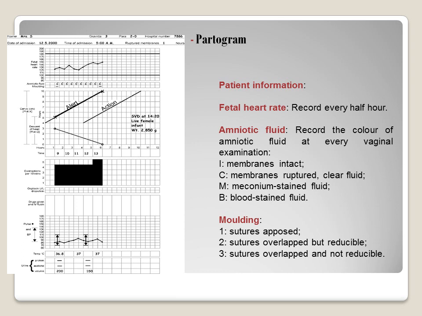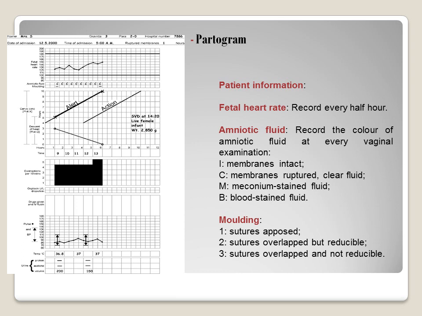information in the upper part من البارتوغراف هو ال patient information ال name, ال age, ال gravida, para and the date of admission, time of admission and the condition of the membrane. بعدها راح نشوف ال fetal heart rate monitor واحنا راح نثبت ال fetal heart rate اللي راح نقيسه نثبته طبعا كل record every half an hour فراح نثبته بالفيتال هارت ثم بعده راح يجي الامنيوتيك fluid it is to